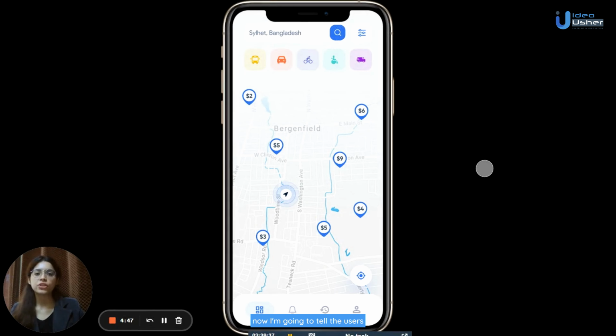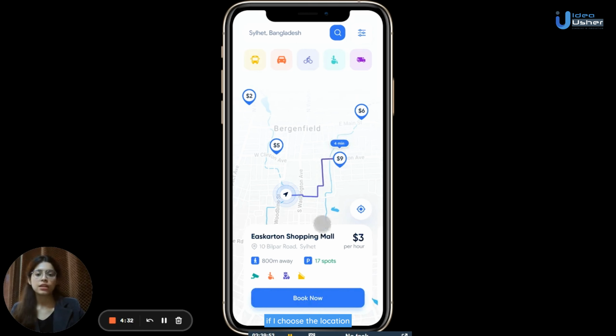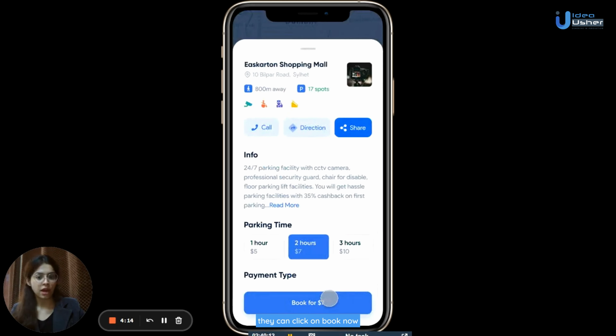Now I'm going to tell the users how to book a parking spot near their desired destination. They can search for the destination in the search bar or they can choose the location on the map as well. Just to take an example, if I choose a location, this window will appear in front of the users. It will mention the number of parking spots available, how far away is the location, how much a parking spot is going to cost them per hour. If they are interested, they can click on book now,